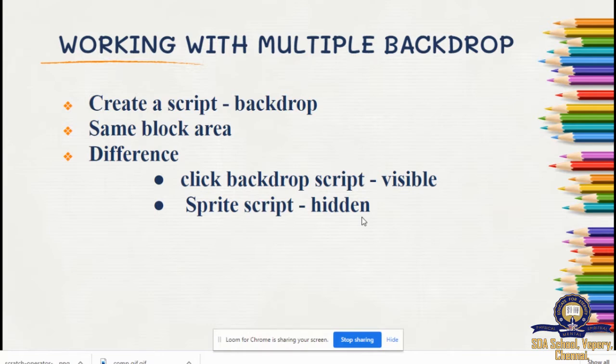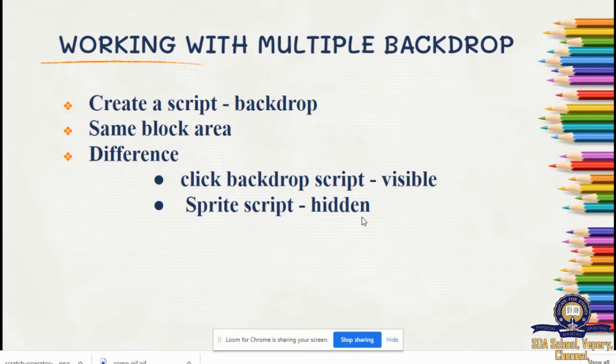And we also saw backdrop. There are 4 methods to add a new backdrop to your game or your quiz or whatever you're doing on the Scratch website, a project. So backdrops can be added using 4 methods like the sprite. First one is choosing from your library, the backdrop library. Then you can paint your new backdrop, or you can upload from your computer, or you can take a picture.